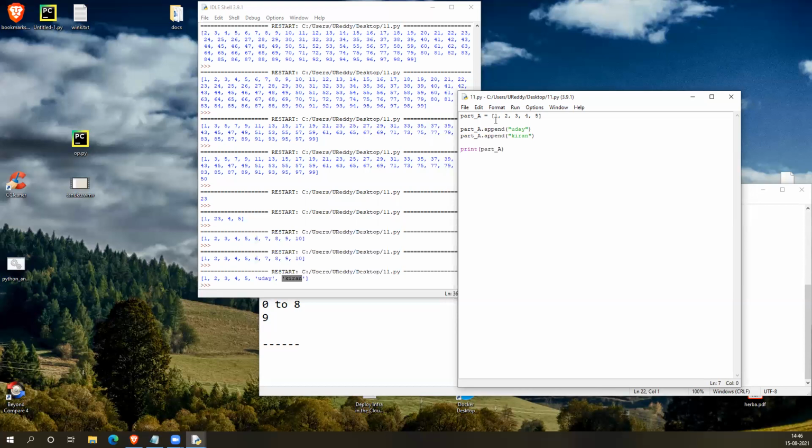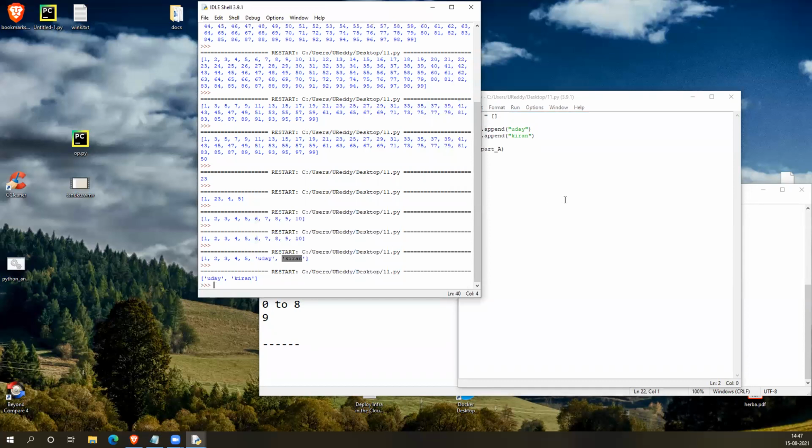When you are creating a list, if you already have the values available, you can add them while initializing, or else you can create an empty list like this. Later, you can add individual elements by using this .append function. What append is doing is adding the element at the end of the list. Understood?